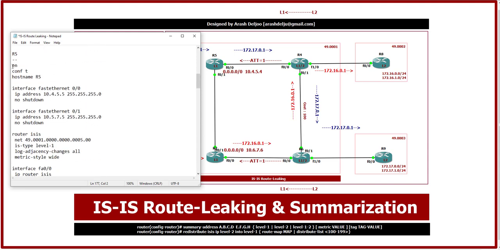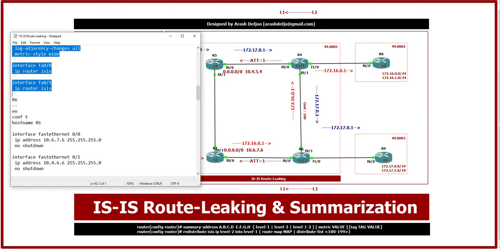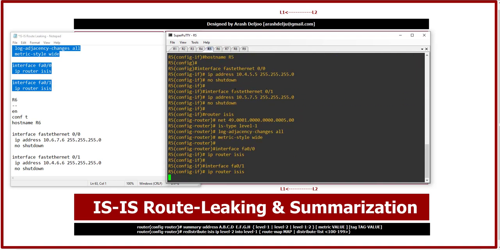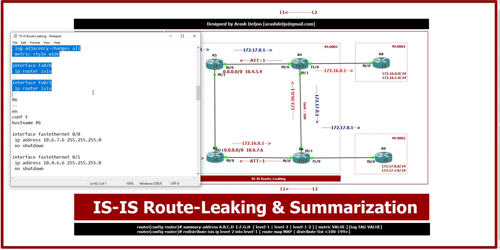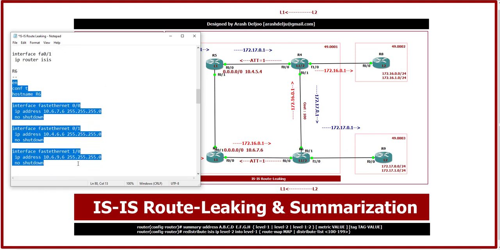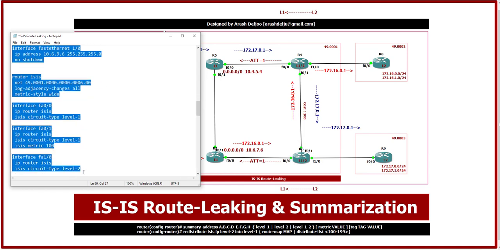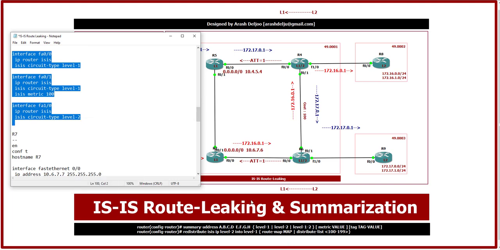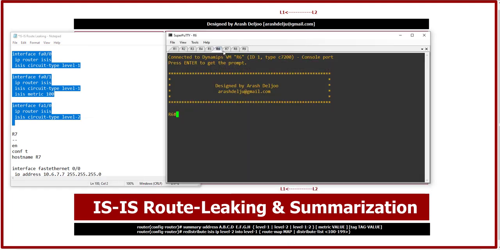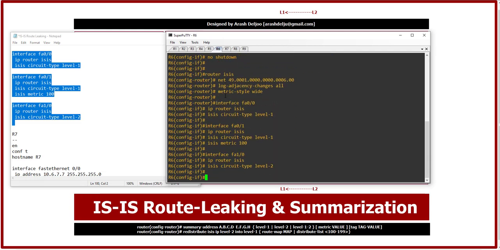Because of that, let me copy the configuration of R5 again and paste it on the R5 CLI. This is the R5 CLI, and that's it. After that, in router 6, we can copy the configuration. We checked it, and here this is the configuration of router 6. Copy. And after that, we can paste it on the router 6 CLI. This is the router 6 CLI. We don't have any